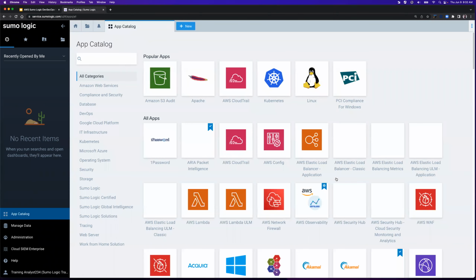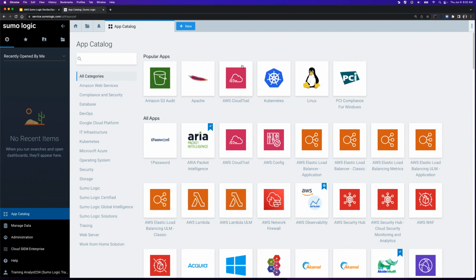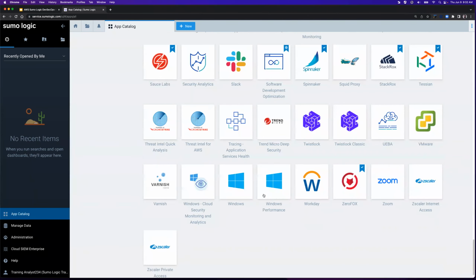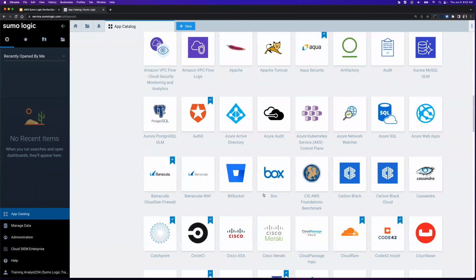Now, when you go to our app catalog, what you're seeing are all these different apps. And once again, these apps are essentially queries and dashboards that somebody at Sumo has created, that we are going to provide to you. And then you are going to utilize them to overlay against your data. And you're going to get that output or that benefit of understanding your data without doing much legwork. And so here are all the apps. There's probably about 200, maybe 150.